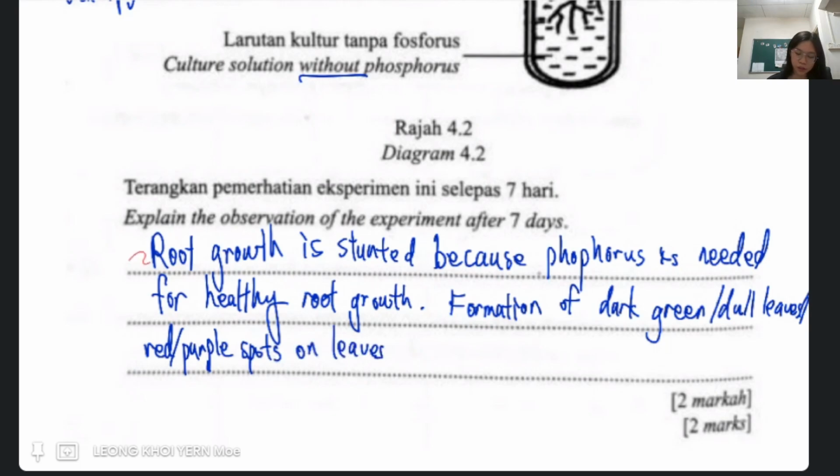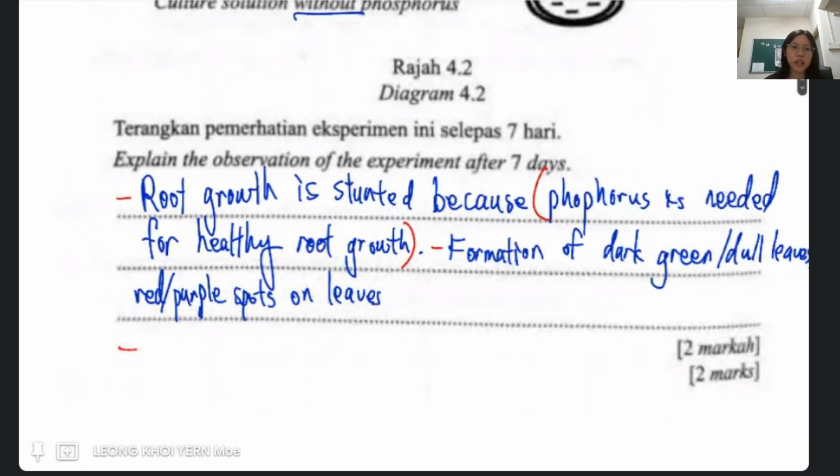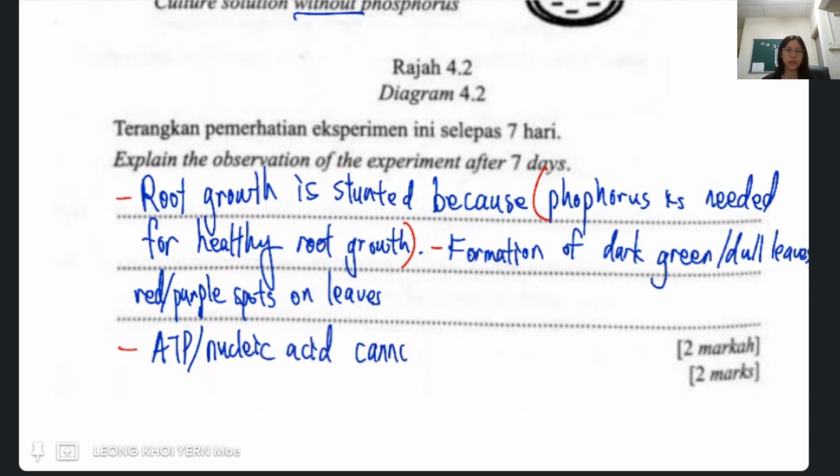Okay, this is the first point, and then this is the explanation. And second point, and then the third point right here, you can actually mention that ATP cannot be synthesized, or nucleic acid. If you manage to think of it lah, because I'm giving you the most complete answer. I mean, the one that has the complete version. And last but not least,